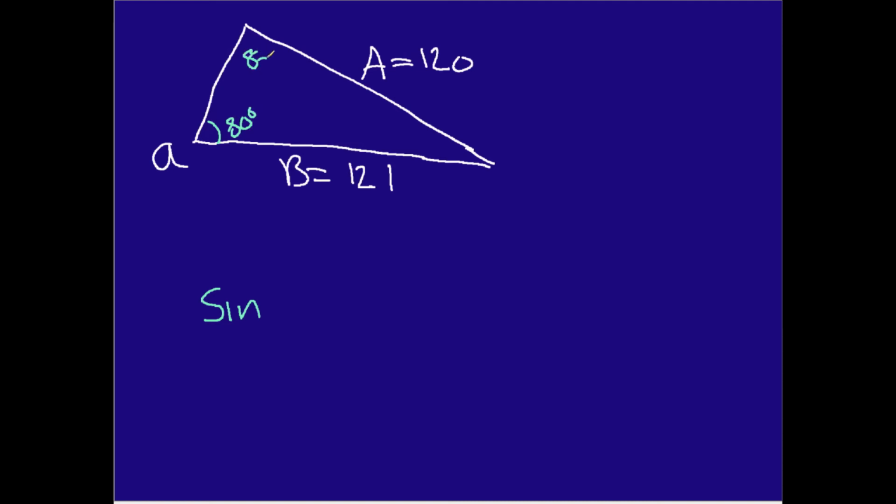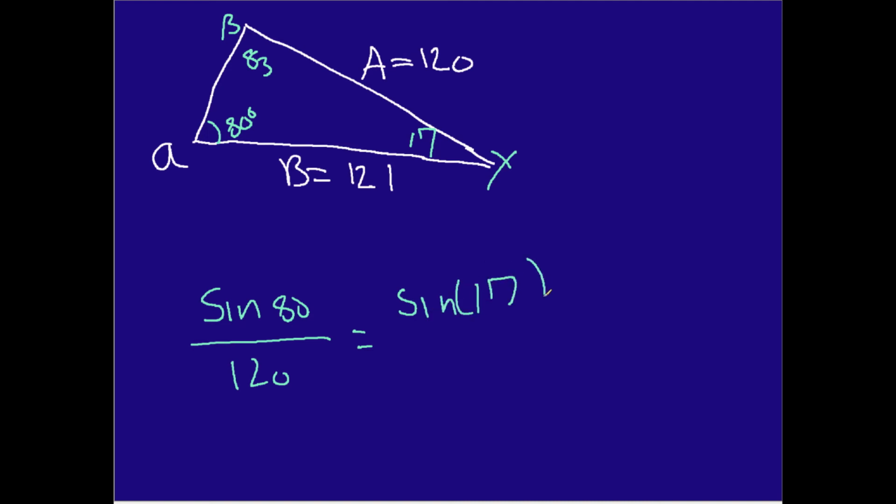This is 83 degrees, this is 17 degrees, and this is beta, this is gamma down here. So sine 80 degrees over 120 equals sine of 17 degrees over C, since we don't know what the value is. It's going to be C down here. So, more of the same: multiply both sides by 120, and so I get sine of 80 degrees equals